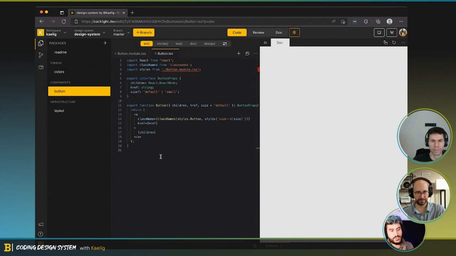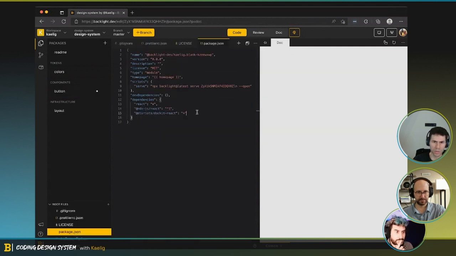Okay, so we need to figure out how to properly export the button, but allow people to just plug in the link. So we need to install this.